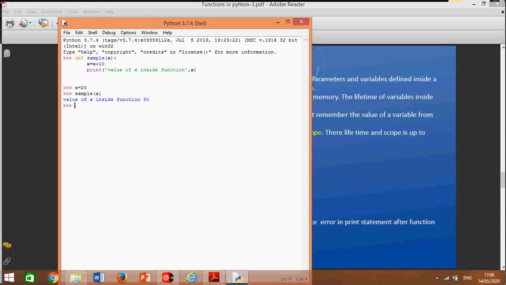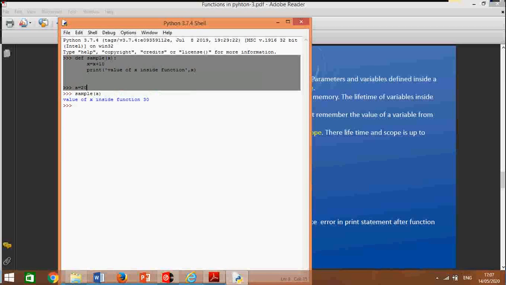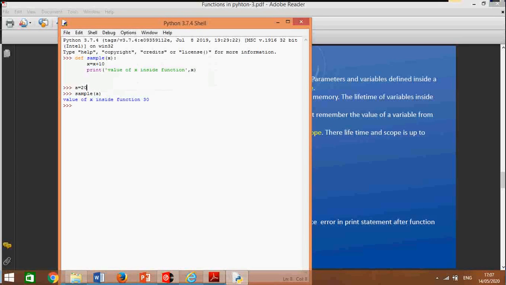When I pass a, which is a global variable, x is a reference to a. So when I say x equal to x plus 10, it will add 10 to the value of x, giving 30, and it will create a new variable inside the function.